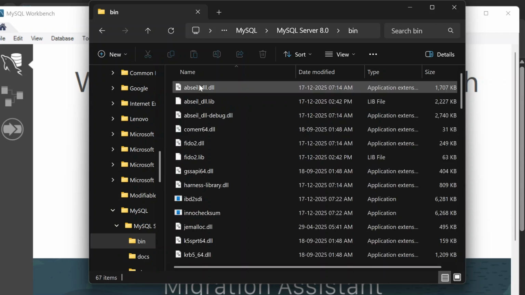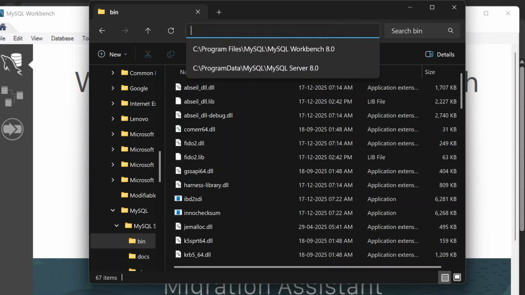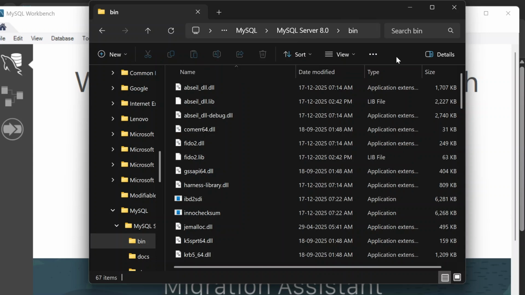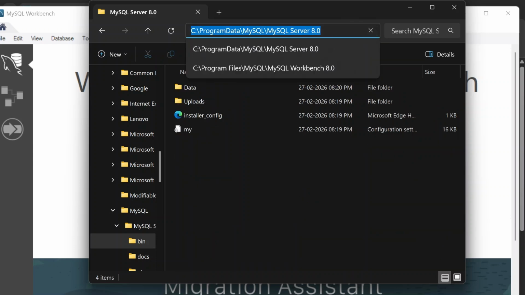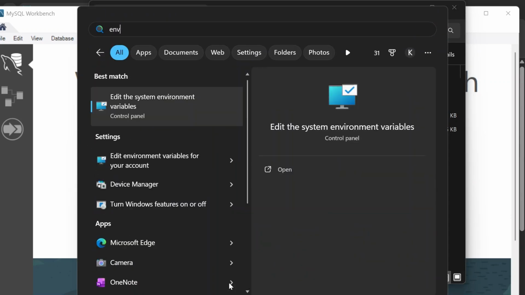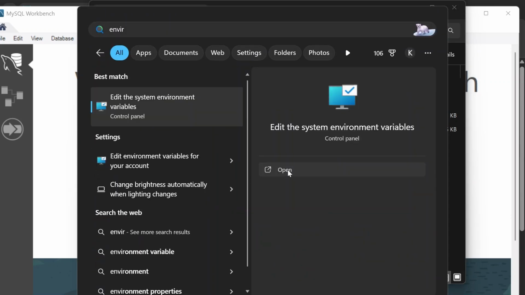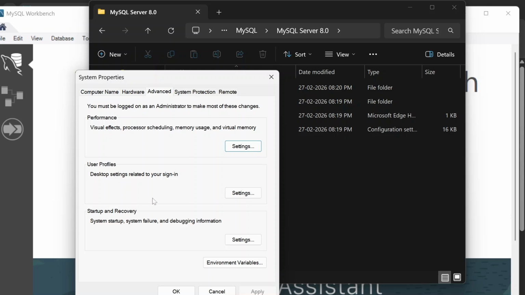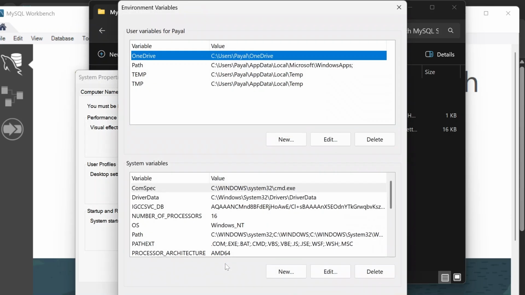Then click on bin, and then copy the path, and then go to type environment variables, open it, and then here click on environment variables,